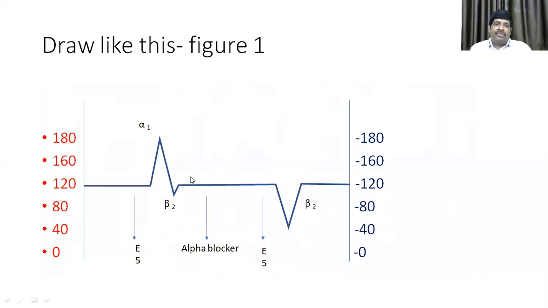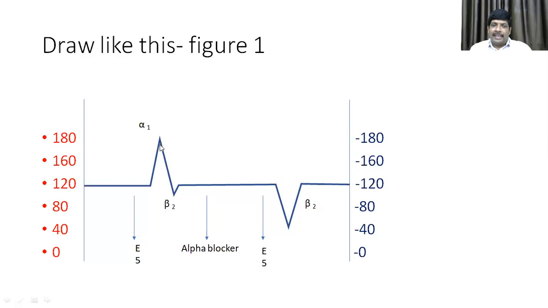So this is the graph which you need to make. This is the way you will be making it. We are only taking the blood pressure response. Here is the basal blood pressure. You take a tracing here. At this point, you put epinephrine at the given dose, and you get a very phasic response. This phase is mainly because of the alpha 1 receptor; beta 1 direct mediated action is also there.